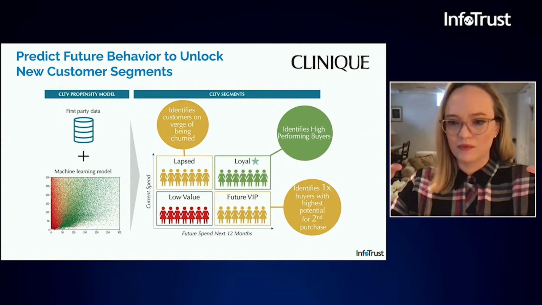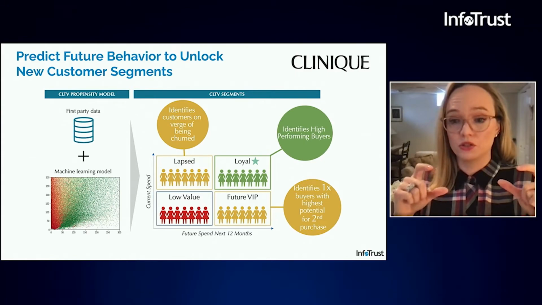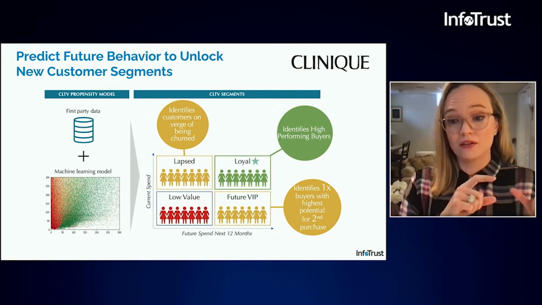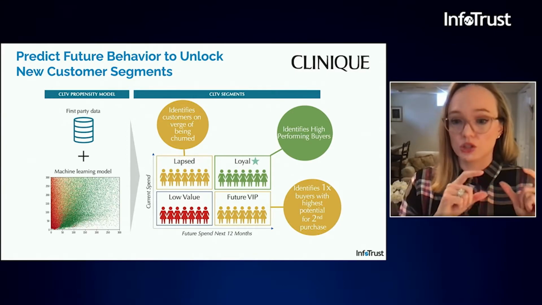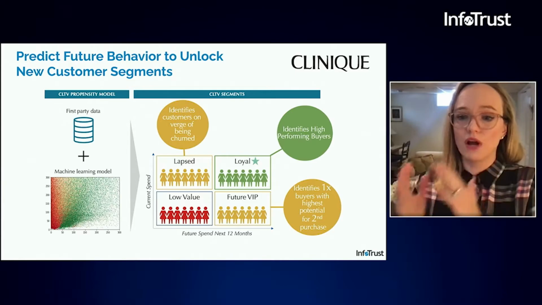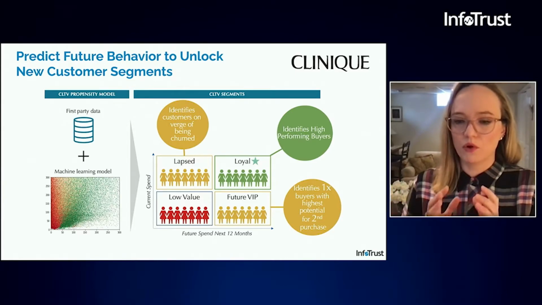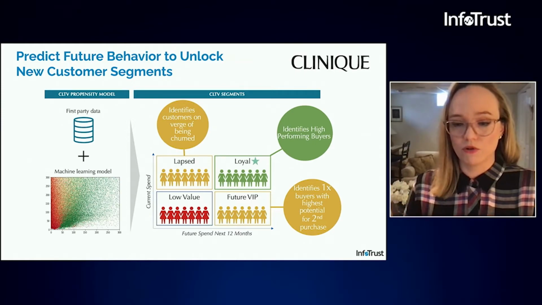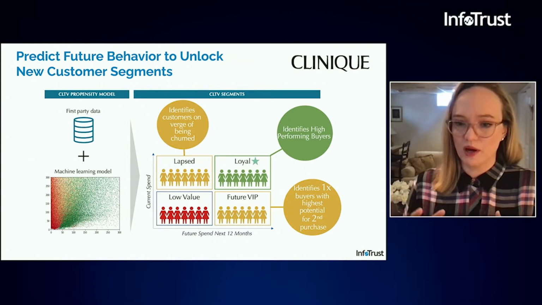So if you look at that 2 by 2 on the bottom, the top 2 blocks are basically people who are high value today. But what the model uncovers is there are 2 subgroups in that bucket. The first is people who are high value today, but are probably churned. So those are people that you might have a pre-lapse or a lapse program. You might target them with that type of campaign. Then on the right, you have your most valuable loyal customers that are high value today and predicted to be high value going forward, and you want to retain them as best as possible.